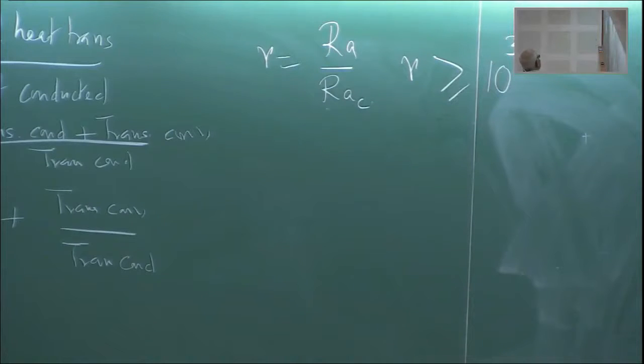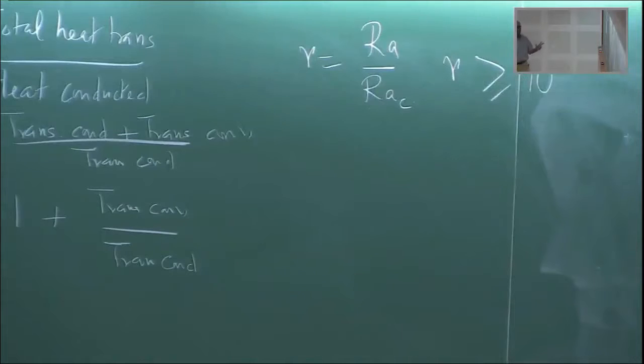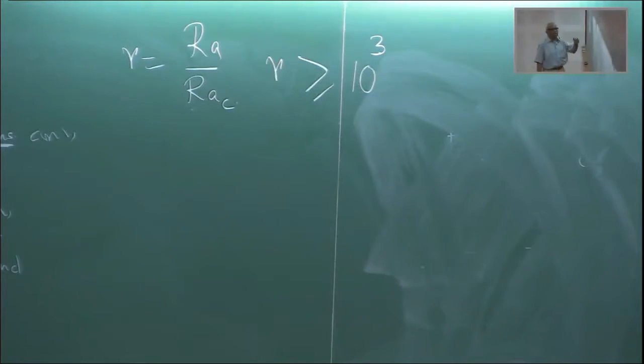You can push it experimentally these days up to 10 to the power 12 or 13, somewhere larger than 10 to the power 10. So it is an immense range of this small r. And the Nusselt number is very big, which means most of it is convective transfer. So the Nusselt number becomes, for these large Rayleigh numbers,